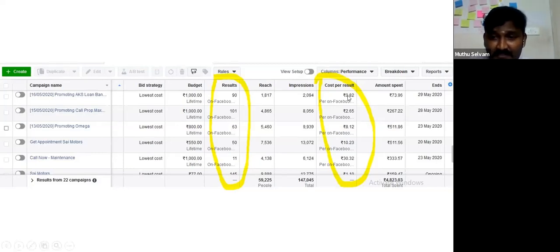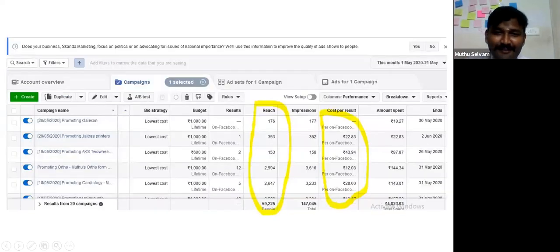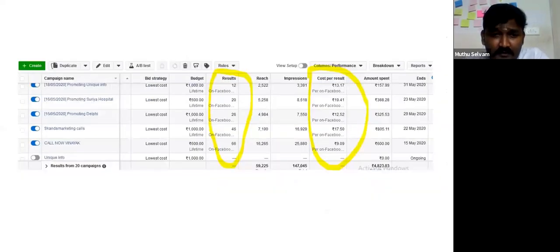For my clients, I have generated leads at 80 paisa per result. 1 rupee, 2 rupees also I generate. That depends upon the target audience. In the past 10 years in the industry, we know the ins and outs of how the tool works and how we can target the audience. So I'm helping my clients get prospective leads in a proper manner. These are all simple strategies I'm telling you.